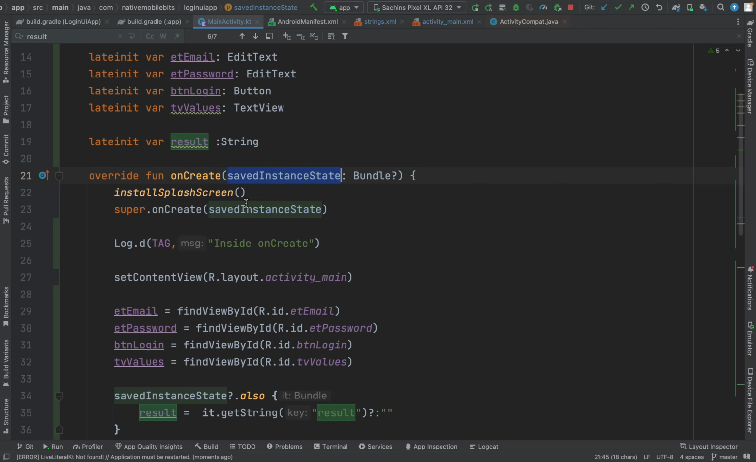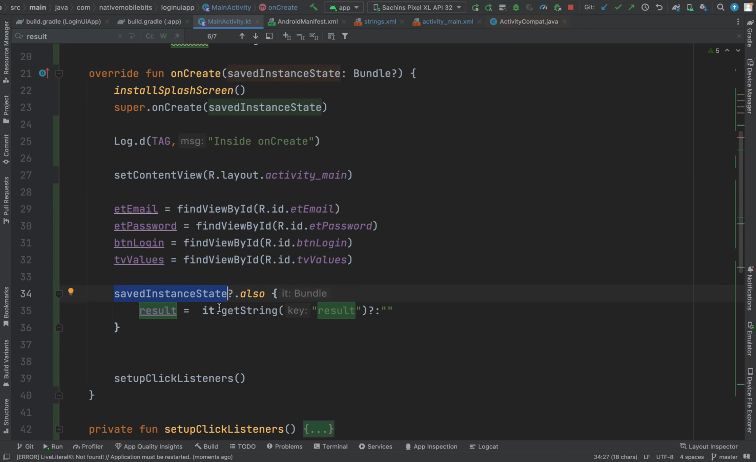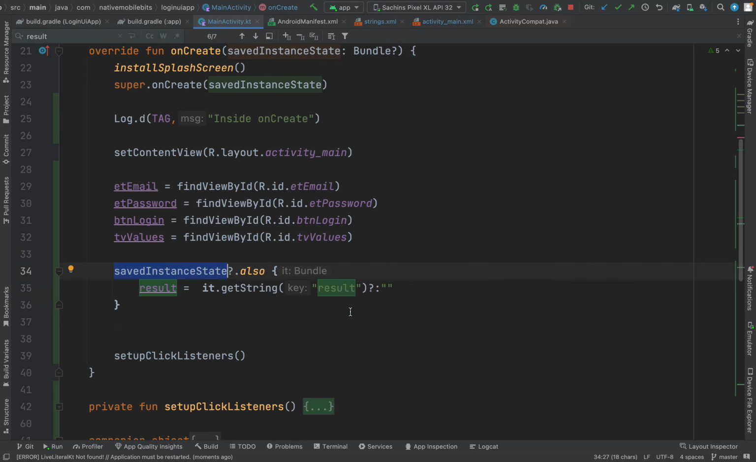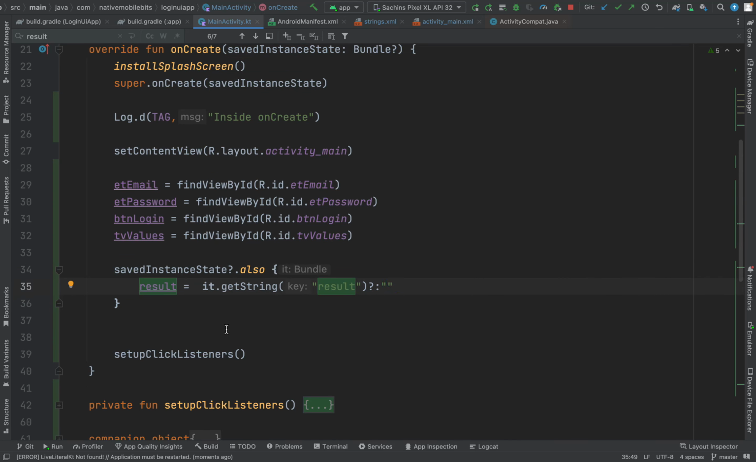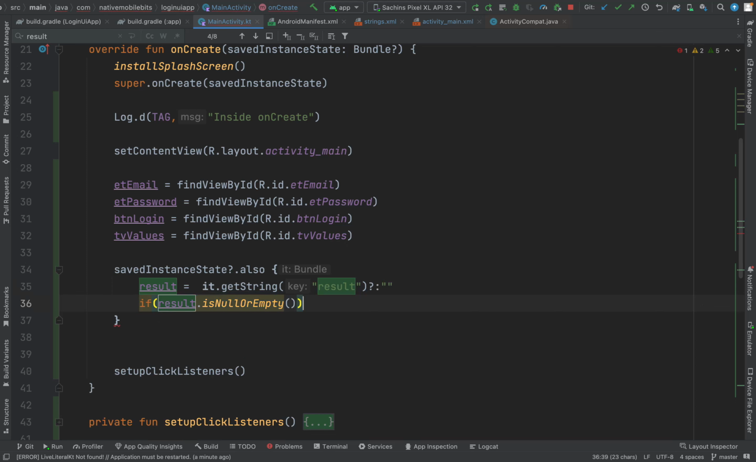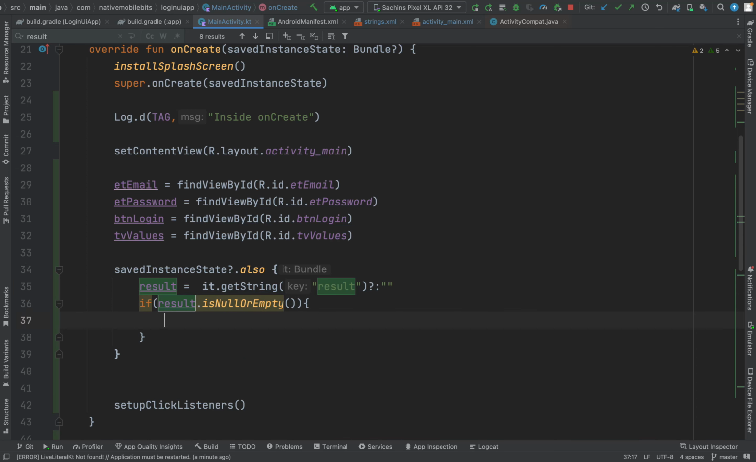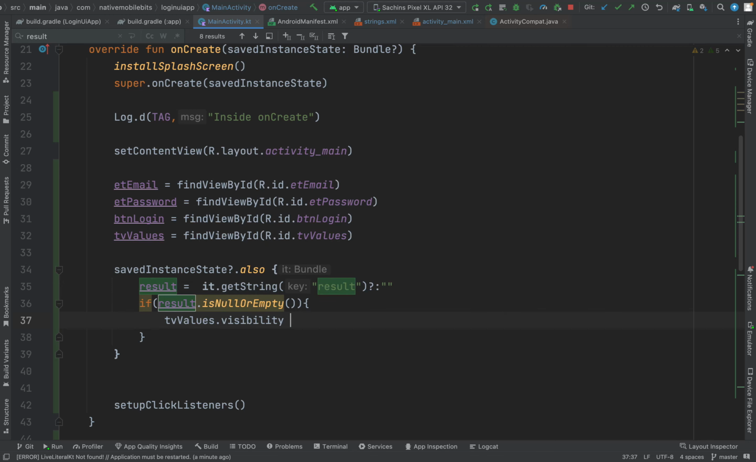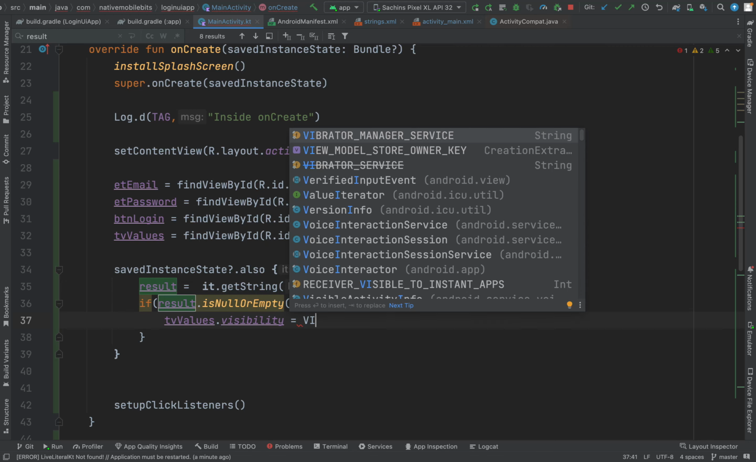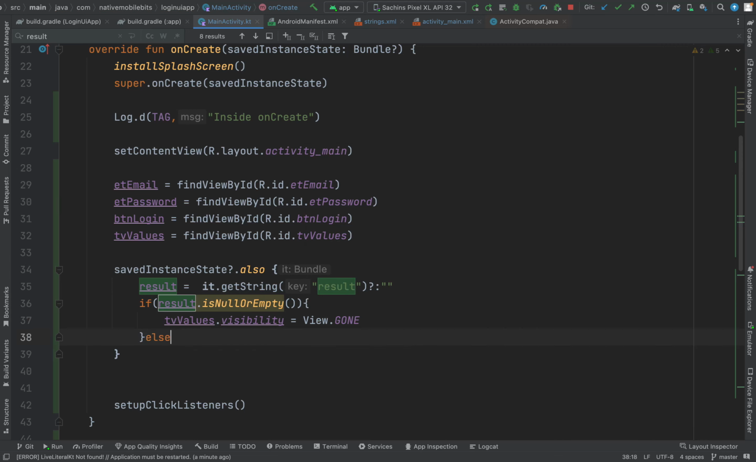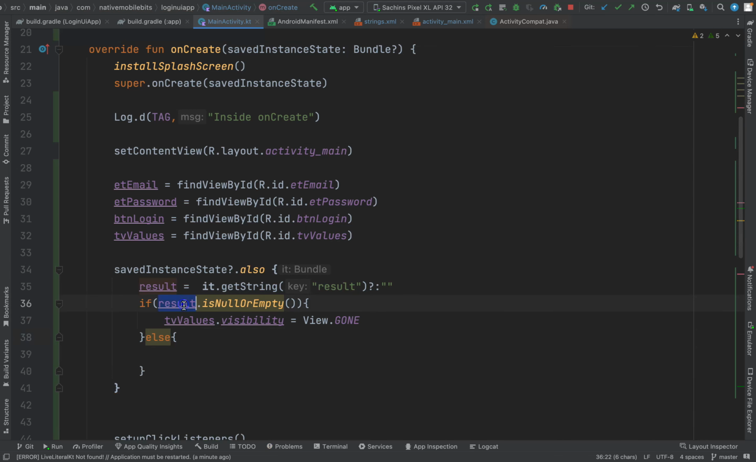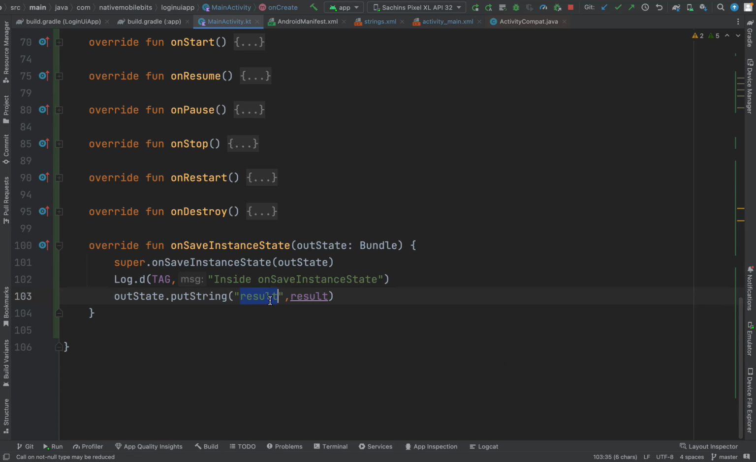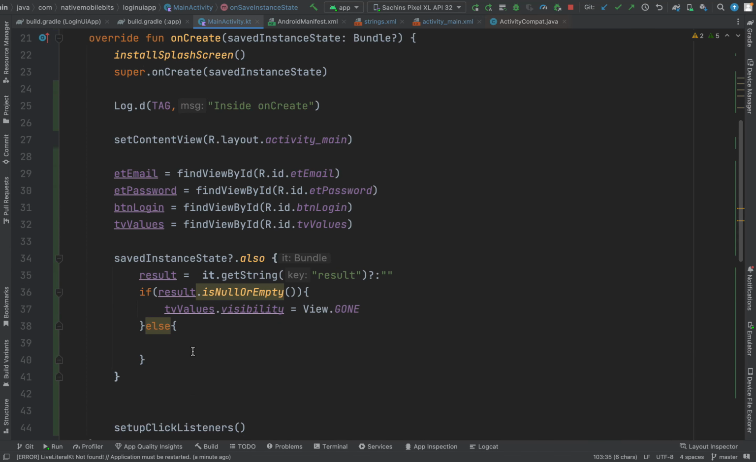and here we will check if this bundle is not null. So we will try to find out the string which we kept. Okay, we will try to check this result variable. If this result variable has some value, if this result is null or empty, we can just keep this text view's visibility as gone. Else, if this result has some proper value which we kept inside this bundle here, if we are getting that value inside this, we can just make this text view visible,